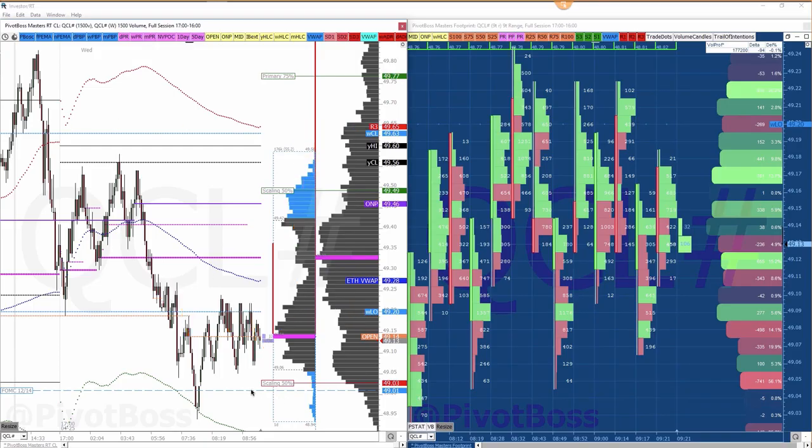Now, usually I'm saying bring it back to VWAP, right? But in this case, I mentioned there were lots of bears positioned here, which means there were lots of buy stops like this. So if price were to push into VWAP, those buy stops would likely trigger through and bring this thing much higher, right? So that's the goal, is push through VWAP and take it bid up to this zone,